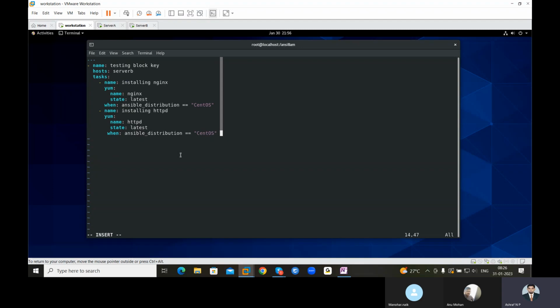How? Instead of mentioning it like this, I'll just remove this particular condition line. I've removed the condition. I'm just going to add the block key here, and to keep proper indentation, I'm going to indent.